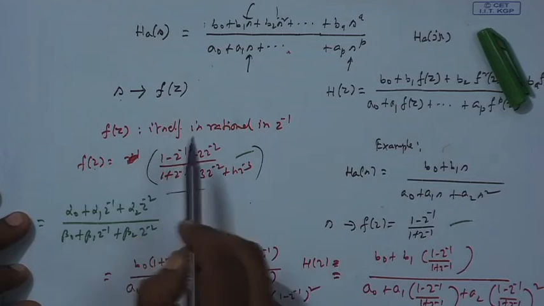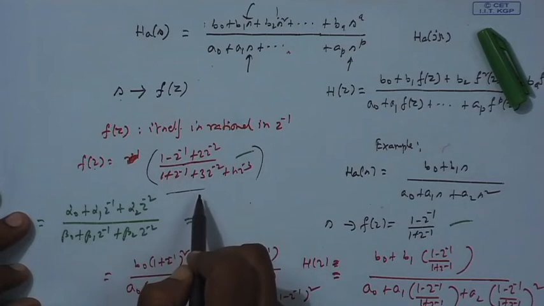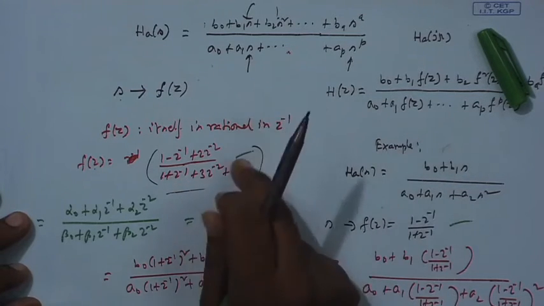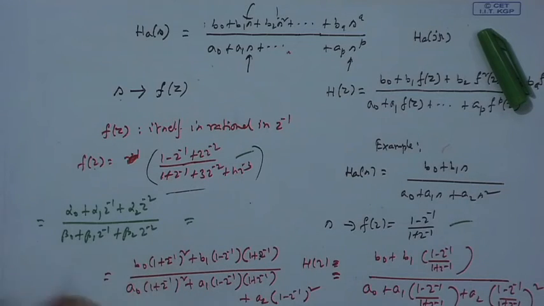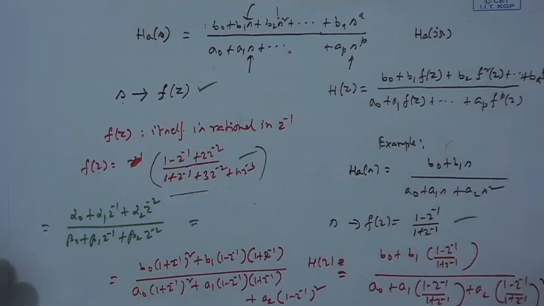So, here by this example you see that if f(Z) is a rational function in Z inverse, that is a ratio of two polynomials in powers of Z inverse, then when you substitute S by this and simplify, you get a rational H(z) of this kind of form, right. So, henceforth we will choose f(Z) to be rational, that is one thing.